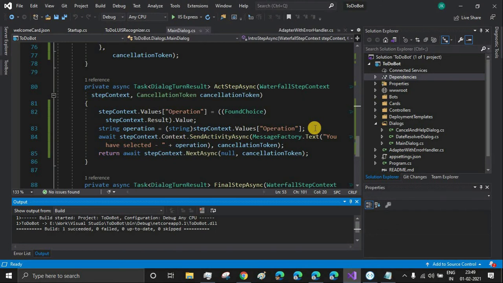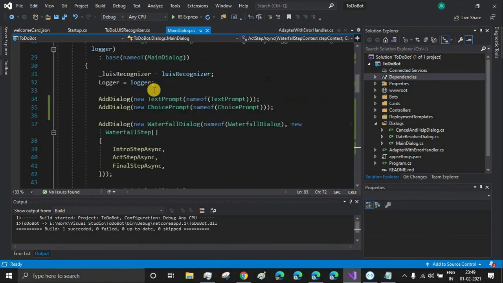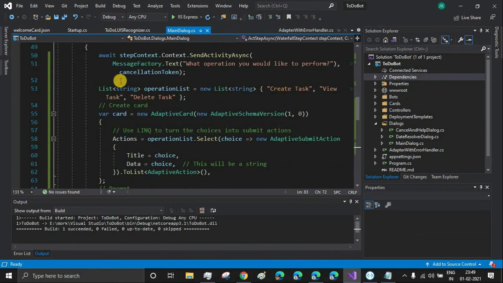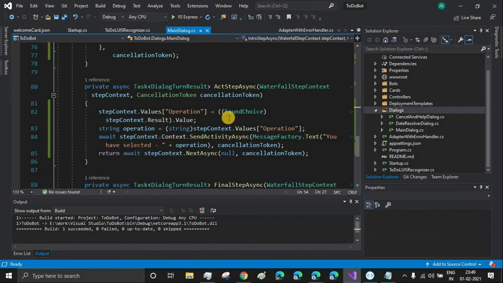Okay, I think let me give you some homework. So here, based on the user selection, we'll have to send the user to a new dialog. For that you need to create 3 new dialogs, that is create task dialog, view task dialog and delete task dialog. You can create them in this particular folder or you can create a new subfolder in the dialogs and then create all the 3 if you want to organize your code well. Okay, and yeah, so based on the user selection we'll use the if else statement and then we'll send those users to the particular dialogs. All right,